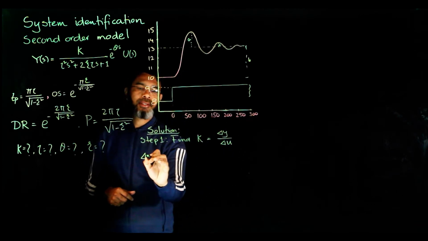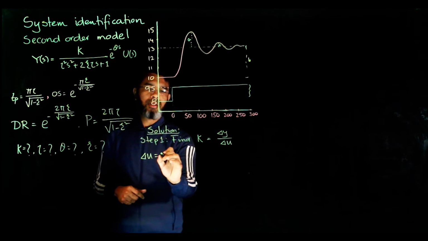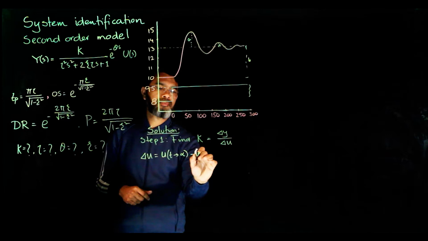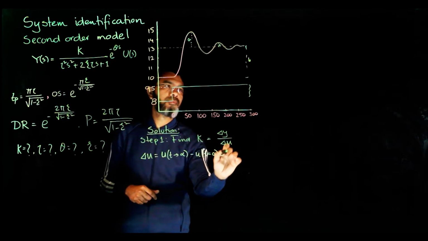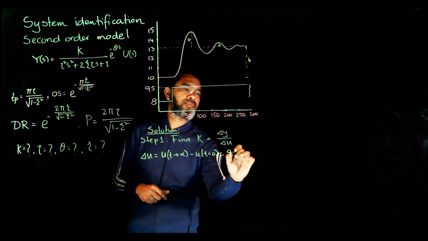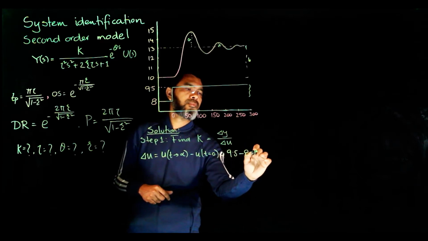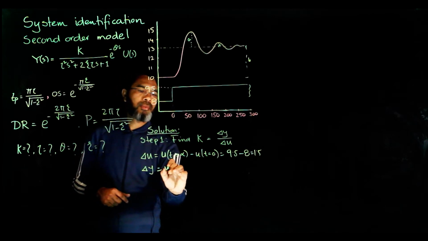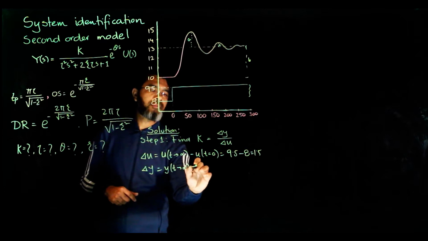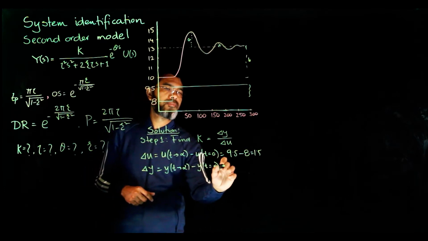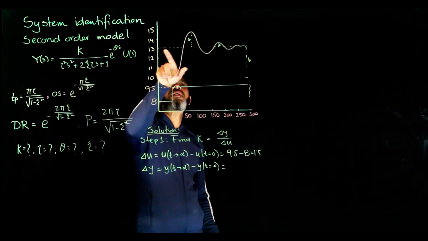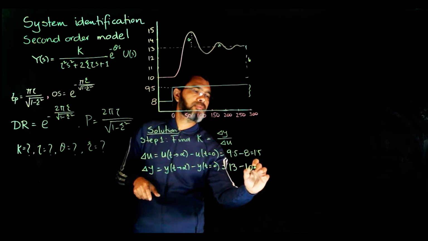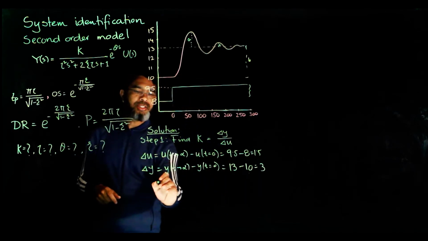So delta u is u, so we have y, we have delta y, again y infinity minus, we have the final value is 13 here, and the initial value was 10. So you can get directly k equals